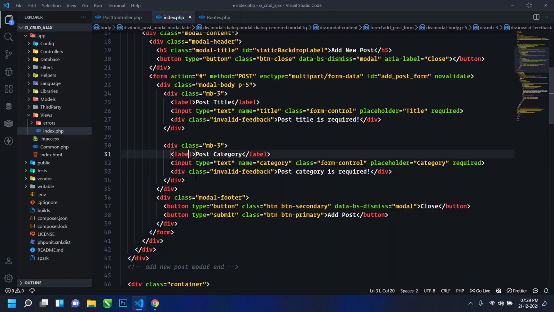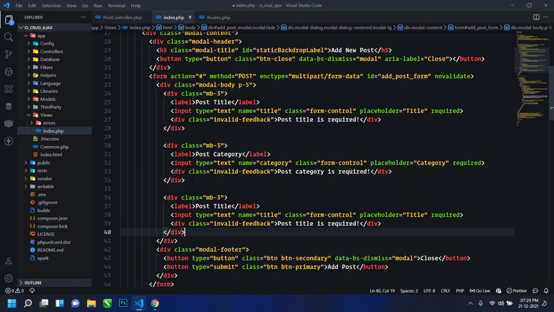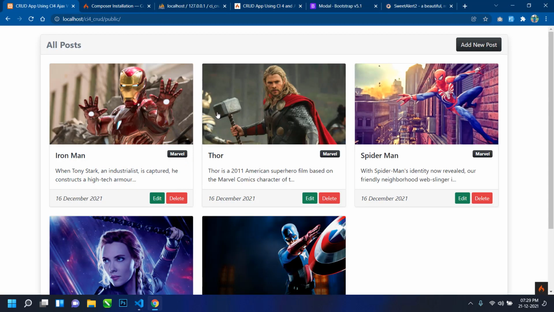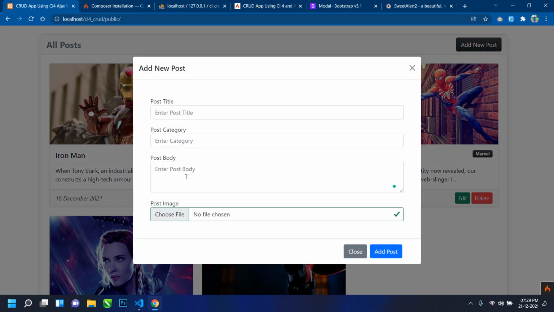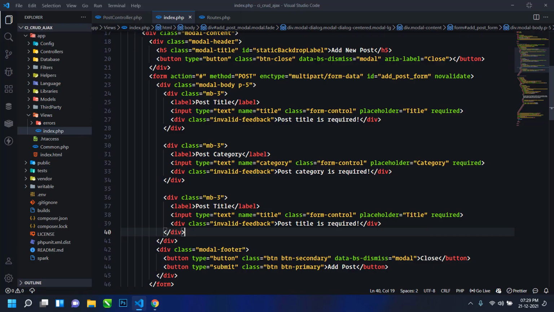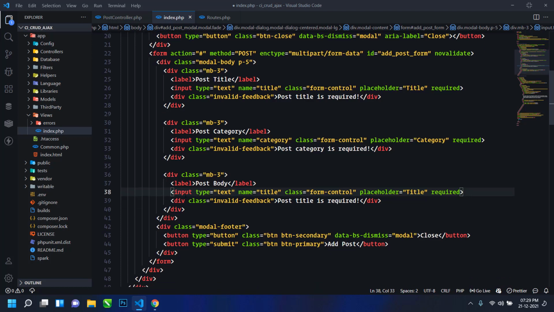Similarly I will create another field, that is body. So here I will use post body, and instead of input I will use a textarea. Name will be body, so just write body.